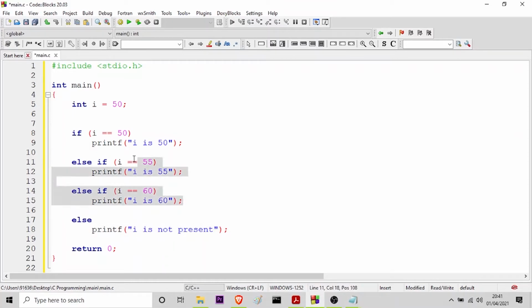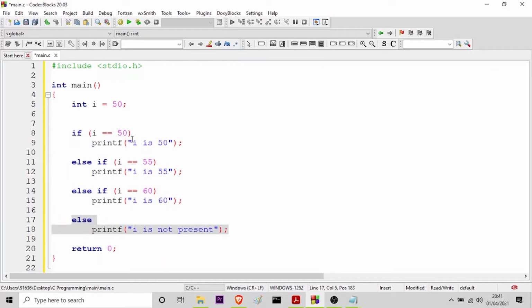So as I told you in the flowchart, it checks all the conditions and finds the true condition, and then it goes to the end of the program. Here in this case, it will try to execute all the statements. If none of them are true, then it will print the default statement.